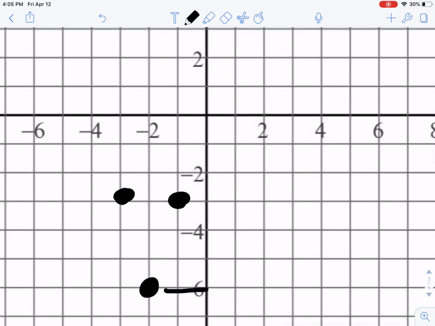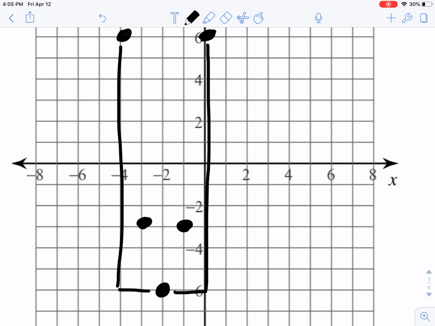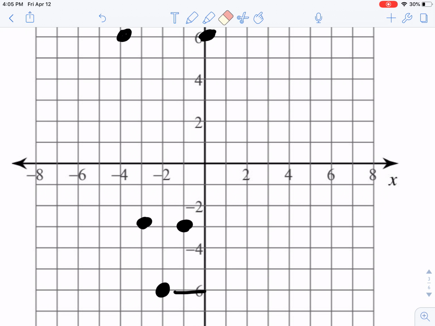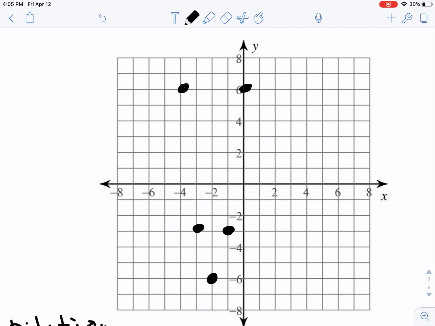So I go over 2, up 12. Way up there. So there's that point. Over 2, up 12. And then we are running out of paper. So we're just going to sketch our parabola